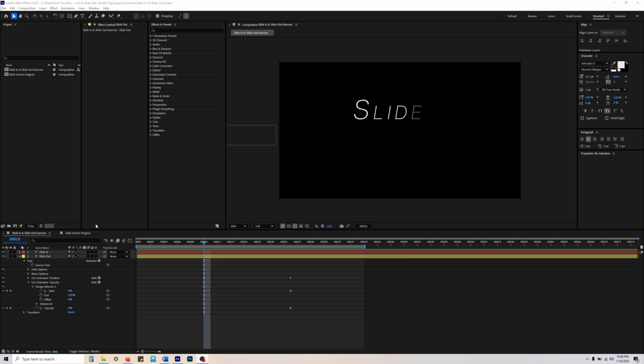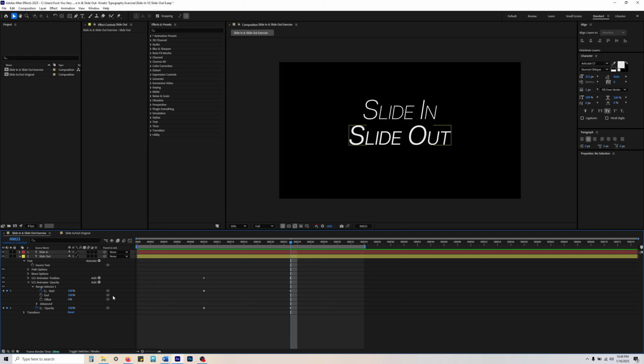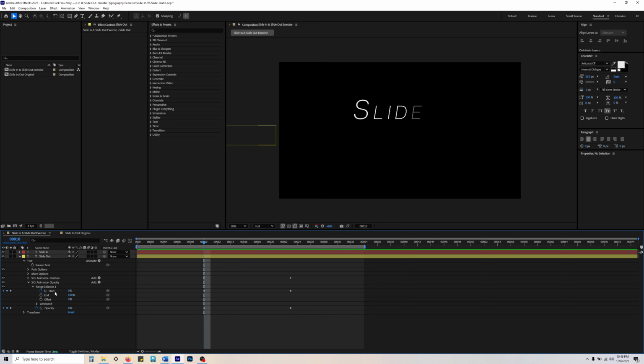Alright, so I'm gonna show what I previously mentioned about the mistake, right? Now, frame 10, the range selector start is at 0% strength, right? And then it leads up to 100% strength, right? The opacity as well starts off with 0% to 100%. If I press spacebar, right? No big deal. But what if at the start, at frame 10, where the action is going to take place,